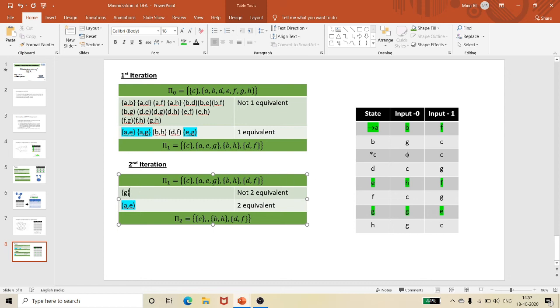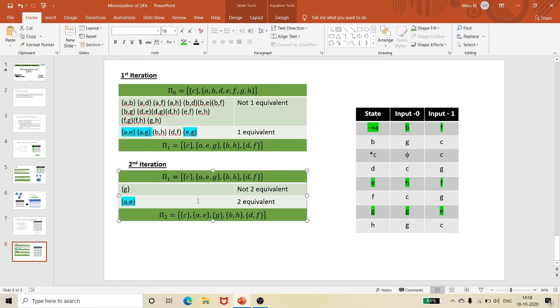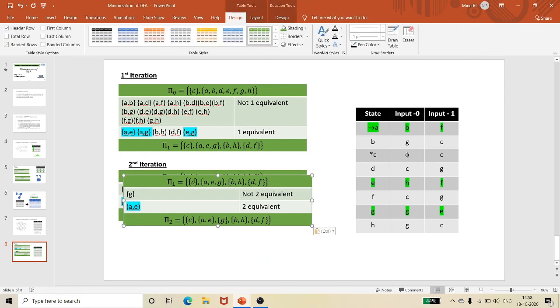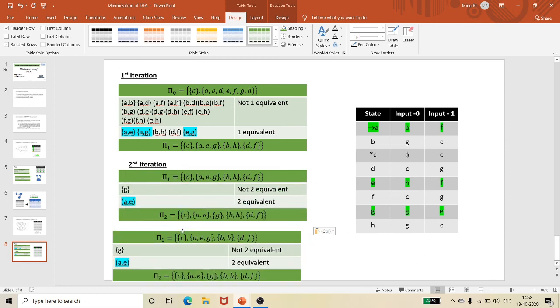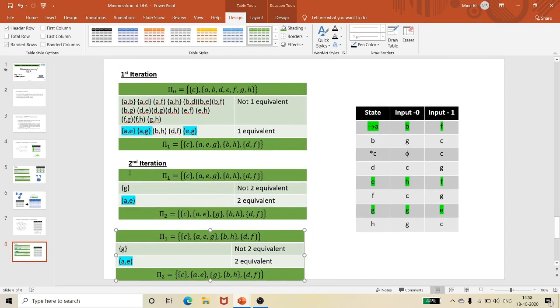So now this 3 elements are being divided into 2 sets, with A comma E as a single set and G as a single set. So this is my second iteration. Now, go to my third, because my pi of 1 is not equivalent to pi of 2. So I need to go for my third iteration to check the equivalency.